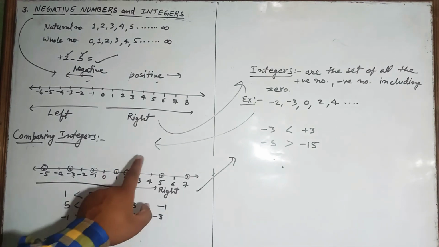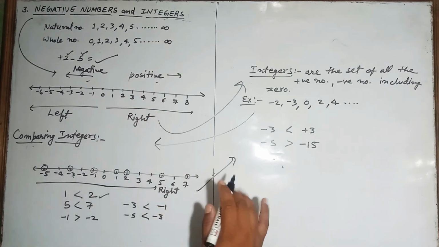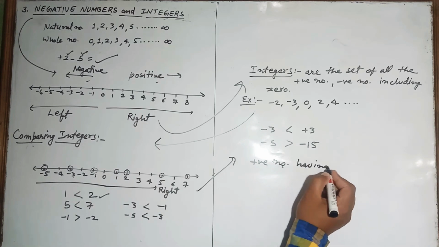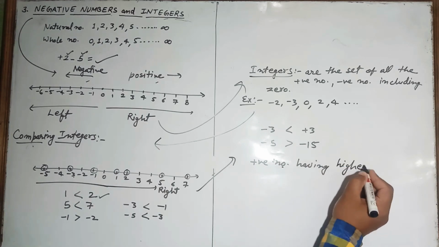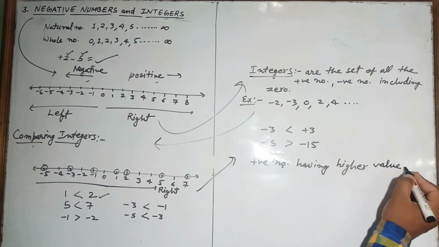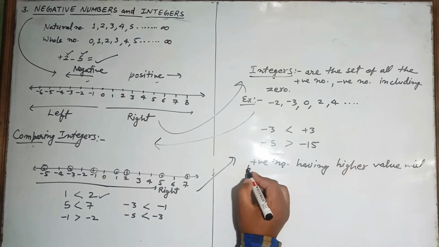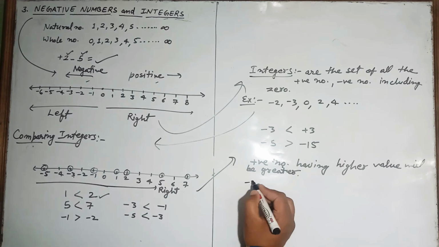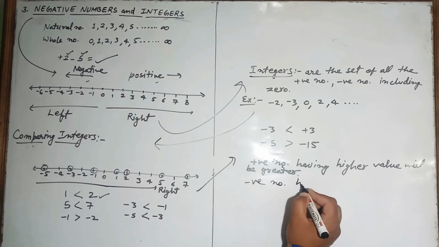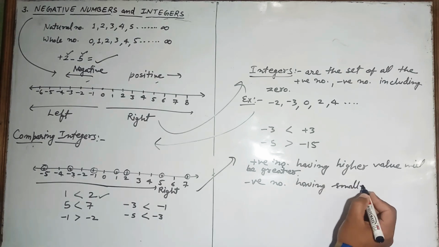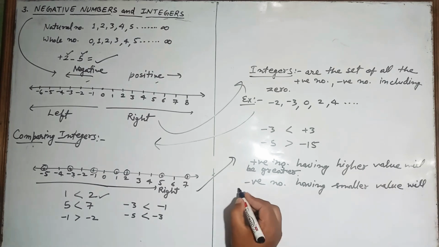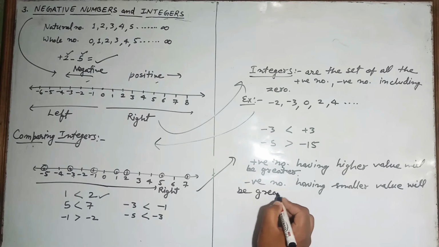Like we know that a positive number having higher value will be greater, whereas a negative number having smaller value will be greater. Means